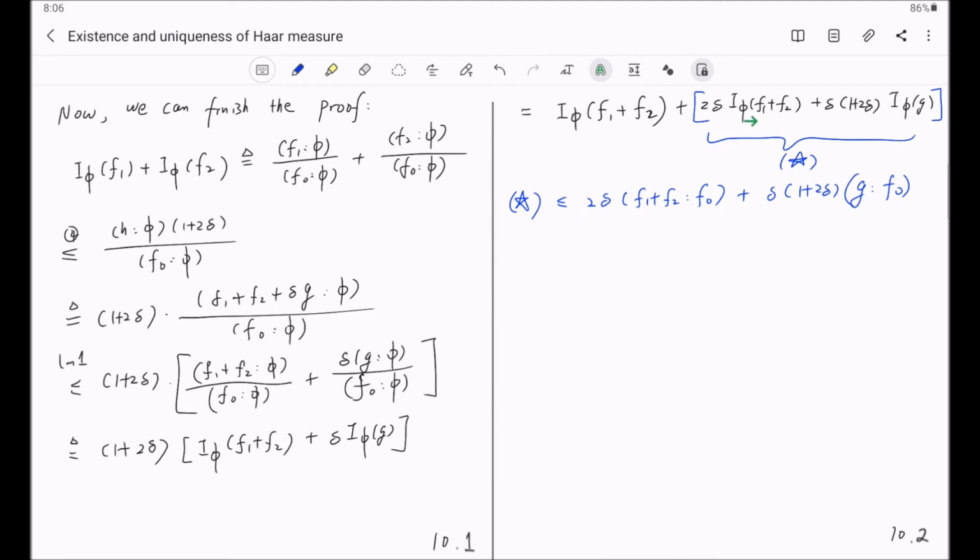Do you see why this is true? I'll let you think about it for a while. This is true because